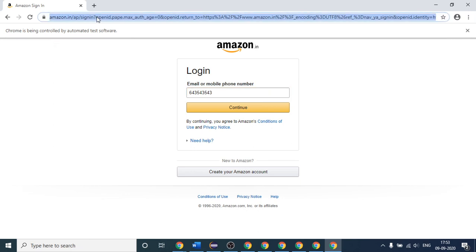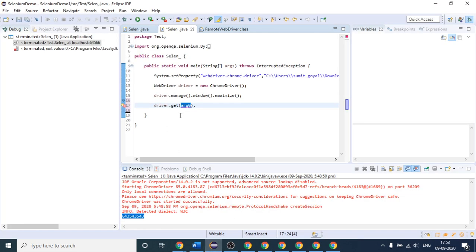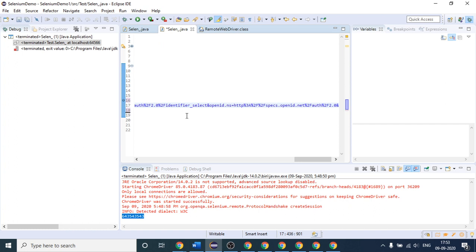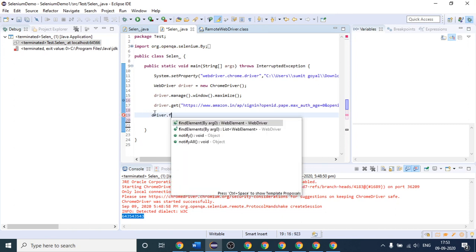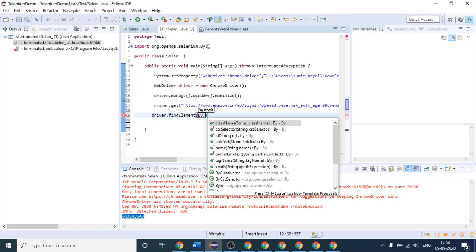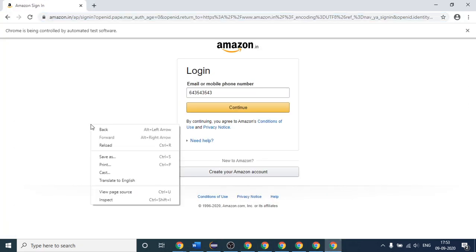I will write that link inside the double quotes, and this way we have opened this website. Now again I have to first find the text box so that I can insert the value. So driver dot find element by, let me come here. I think this is the one.